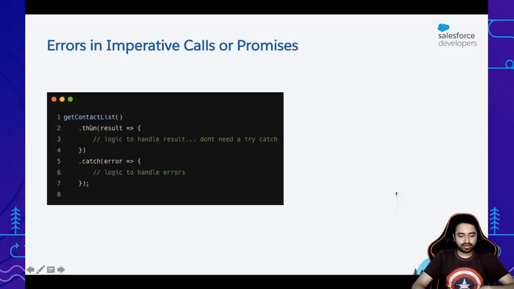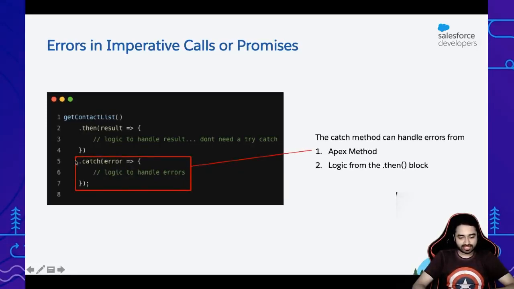So the call of the then and catch blocks happens asynchronously, which means putting the entire get contact list and all of this within a try catch block is not going to help you, because once the result is given by the method, both of these happen asynchronously. And we have already established that try catch can only handle within a synchronous transaction. Now, to handle the errors, you just need to specify the catch block. So you say get contact list dot then. You also need to have a dot catch, which is going to handle all of the errors.